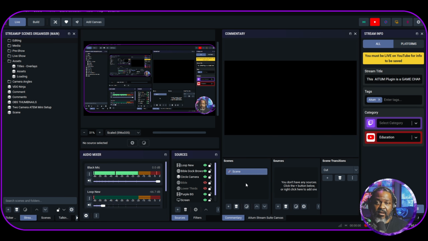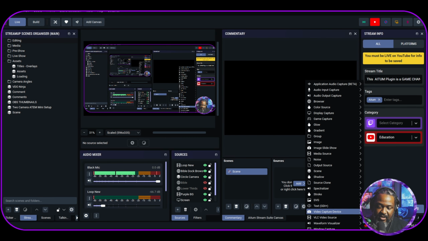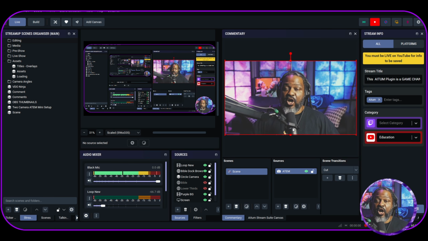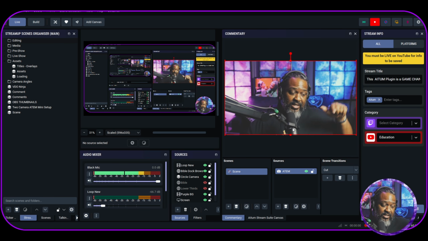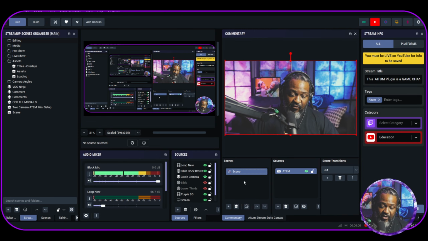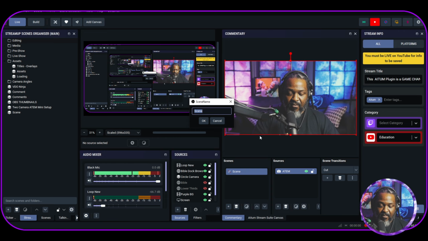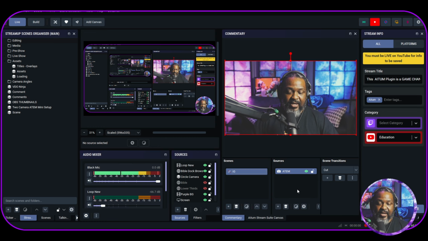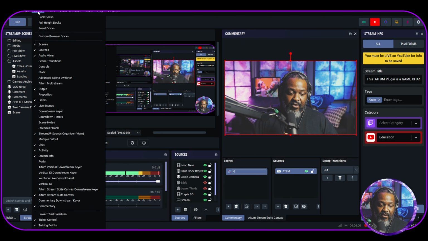And so I think that's a benefit, because then you have those instances where you're doing profiles and you're doing scenes and profile scene collection. Here, I can just add another video capture device, and it can pick the video capture device that's already in my scenes and sources, but it's a different scene, right? So I can rename this scene right here to, I don't know, maybe this might be Instagram. Maybe I do something different for Instagram, right? So I can add all my scenes in different areas, and then on my docks over here you'll see that